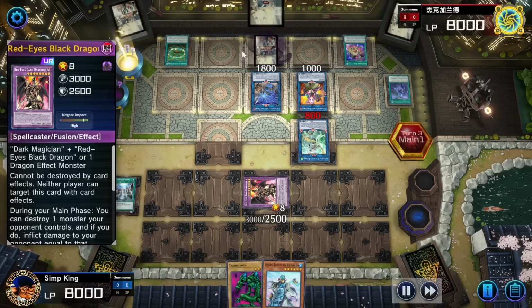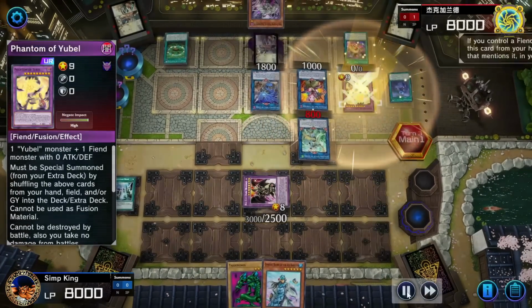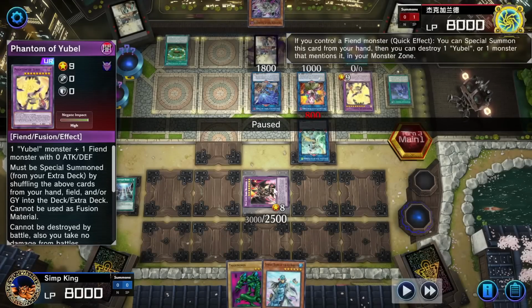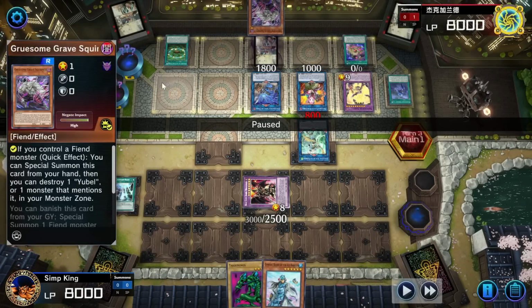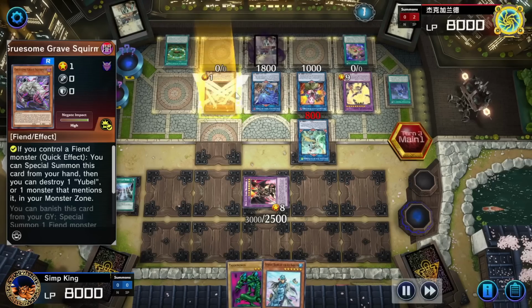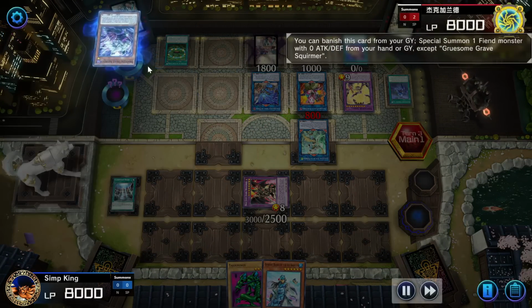Can they break through the Dragoon though? Dragoon very good. This deck doesn't really summon monsters that are big enough to hit the Dragoon. Their kind of way of killing us is to get a bunch of 0 attack monsters and hit us 3 times. So see if opponent can do it. Opponent